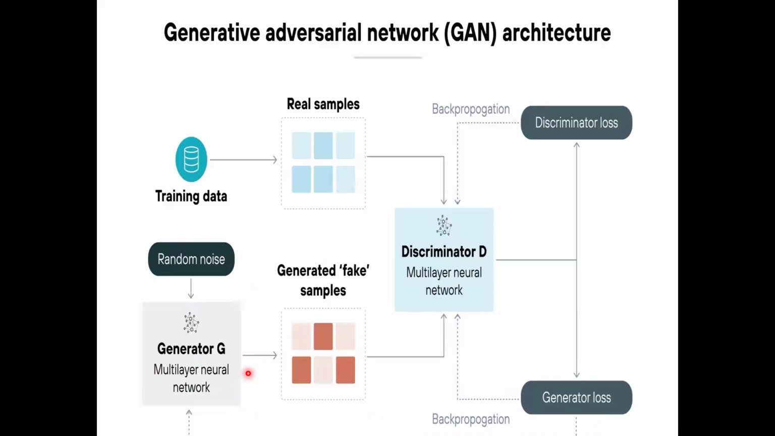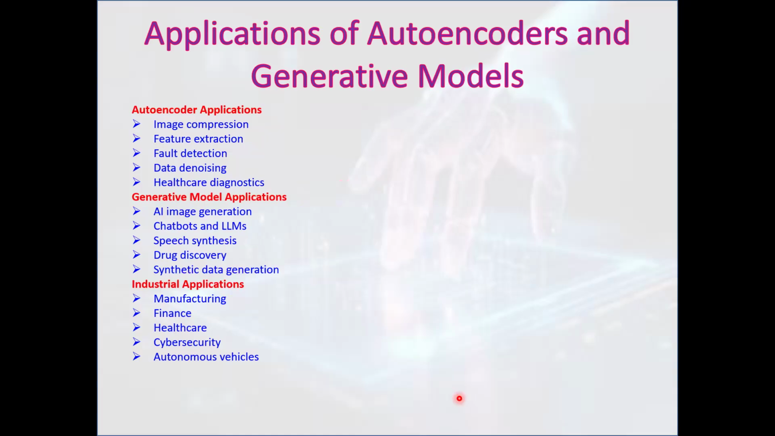So this is the process of a GAN. Here we have training data samples, the discriminator, and then the discriminator loss and generator loss, and the error is propagated back using the backpropagation algorithm. The applications of autoencoders and generative models: autoencoder applications include image compression, feature extraction, fault detection, data denoising, and healthcare diagnostics. And the generative model applications are